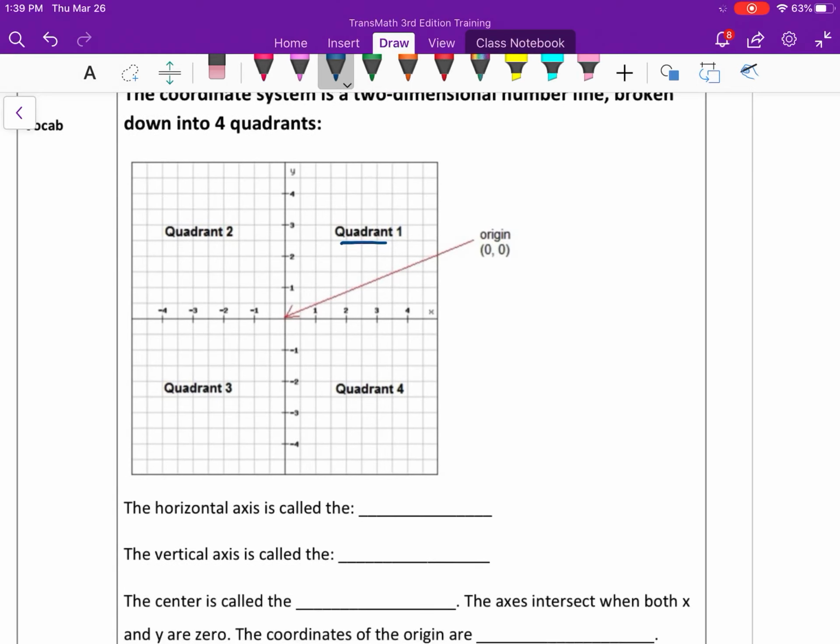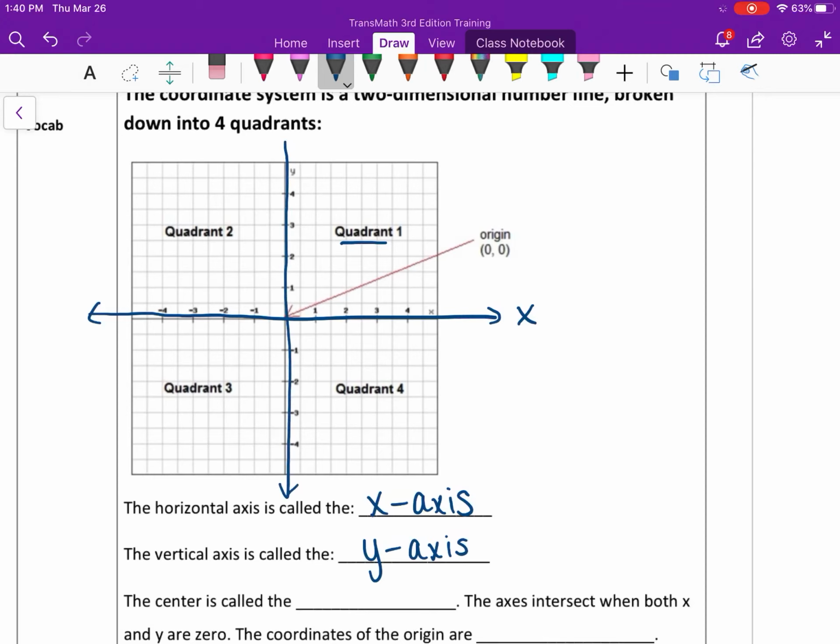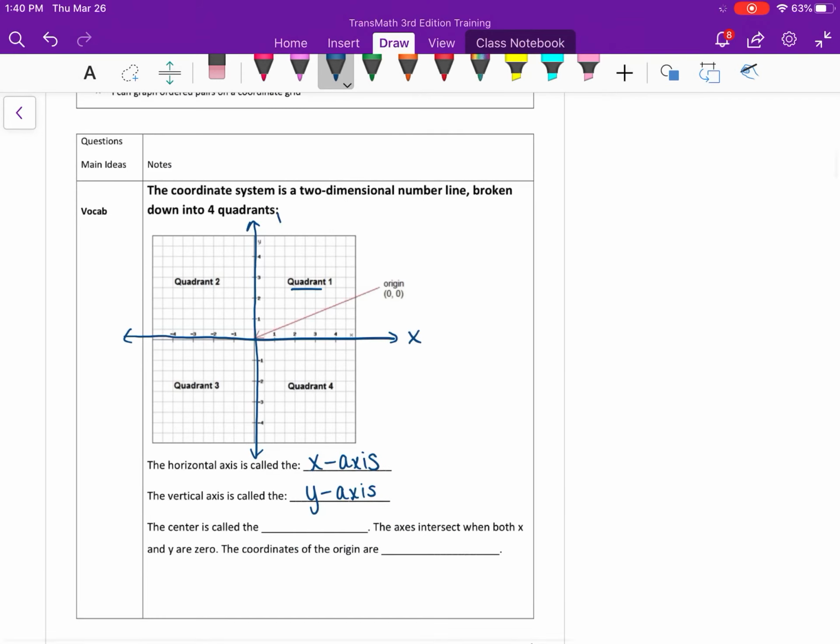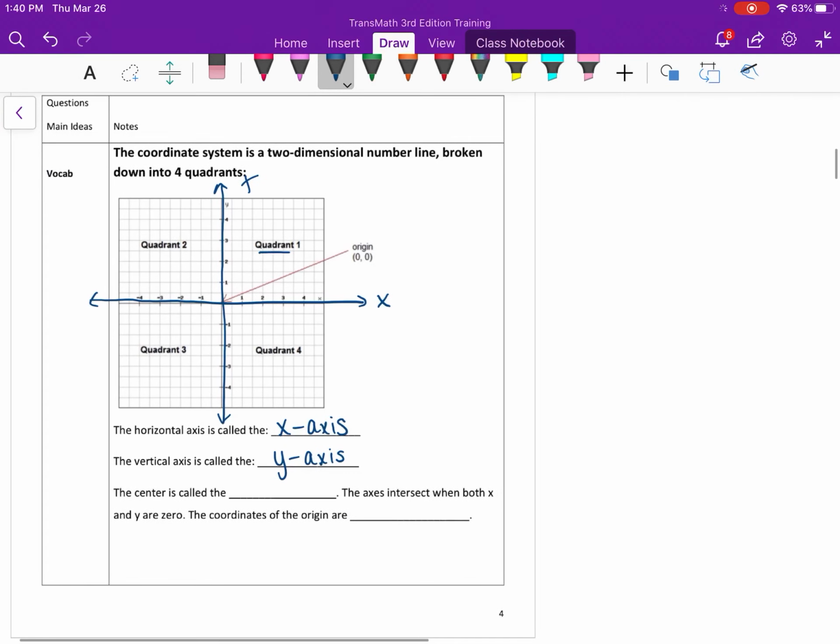The horizontal axis is called the x-axis. So that's this axis right here. That is our x-axis. And the x-axis runs the positive direction to the right and the negative direction to the left, just like a standard number line. The vertical axis is called the y-axis, and that's this vertical axis. Now, a y-axis is kind of like an outside temperature gauge, where the positive numbers are on top and the negative numbers are on bottom. The center of the graph is called the origin,